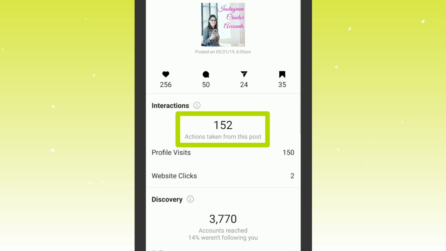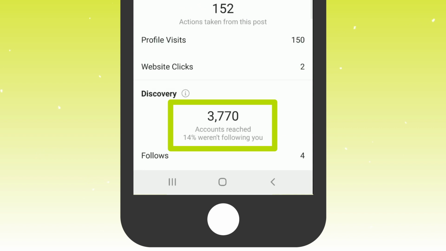Within this new data set, you can actually see how many website clicks or action button clicks you generated from that post. So if somebody went to your profile immediately from that post and then clicked on your website link, that's going to count as a website click as a result of that individual post. You're also going to see what they call discovery, how that post was found on Instagram. And this will give you insights into whether it was seen by followers or non-followers. It's gonna give you insights into where that content was seen in the feed, on your profile, or even from hashtags, so you can actually determine how well your posts are performing in different areas of Instagram.